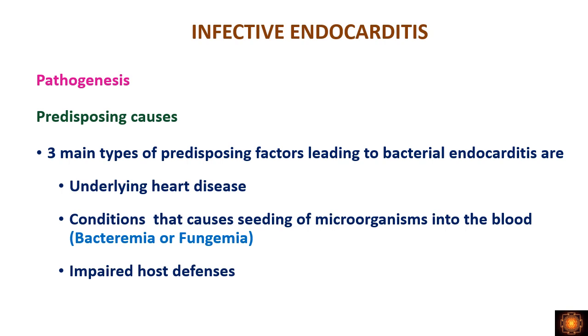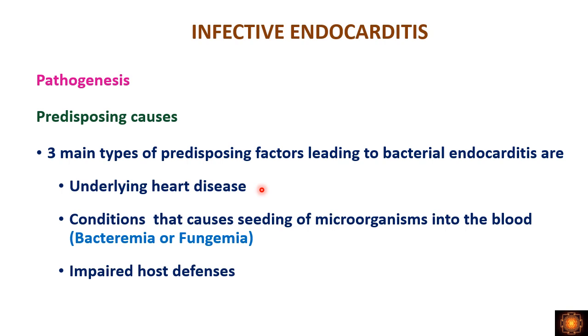Now coming to the pathogenesis. In the pathogenesis, we have three predisposing factors which lead to infective endocarditis. One is underlying heart disease. The second is conditions that cause seeding of microorganisms into the blood, and the third is impaired host defense. When there is an underlying heart disease which causes damage to the heart valves, there will be formation of thrombi,